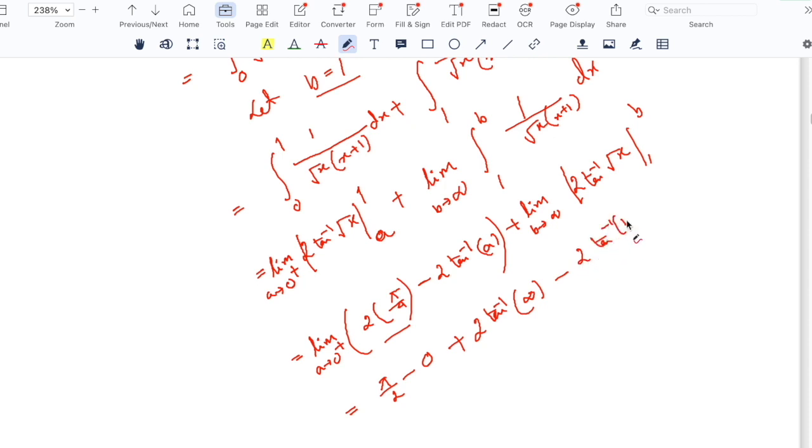And this equals pi by 2 plus 2 into tan inverse infinity, which is pi by 2,